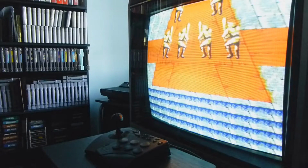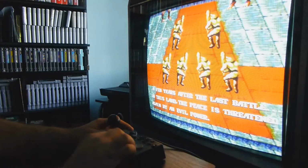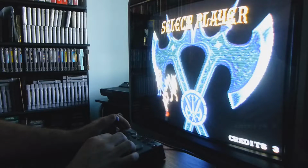And then you have Golden Axe 2. I wish I had Golden Axe 3, but it's only in Japan. So, yeah, check this out. Got some Golden Axe 2. Gotta pick our little guy right here. And,